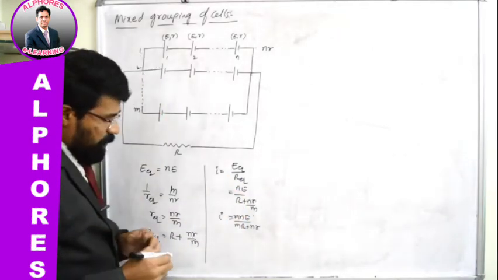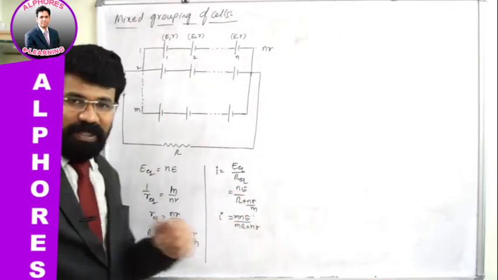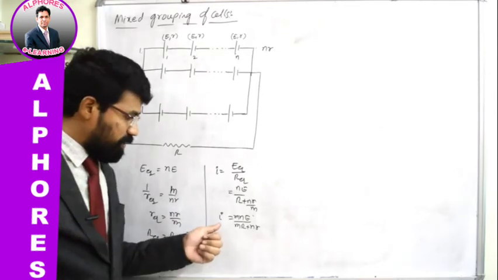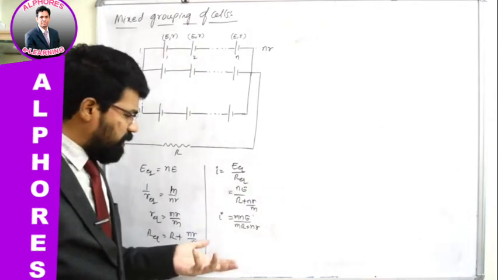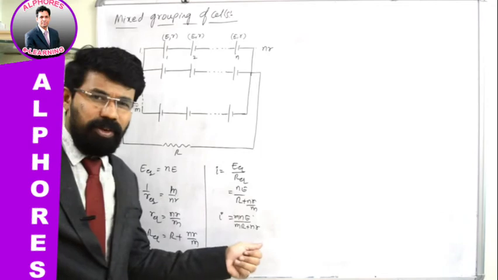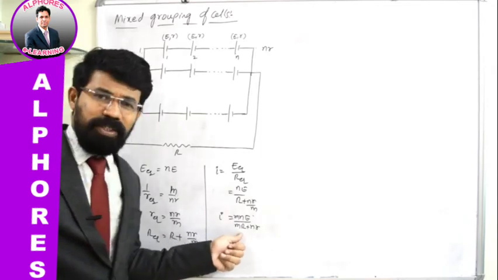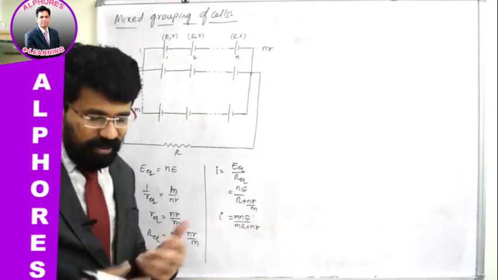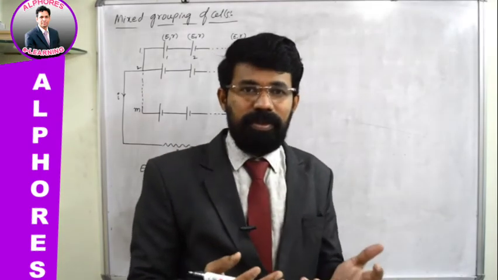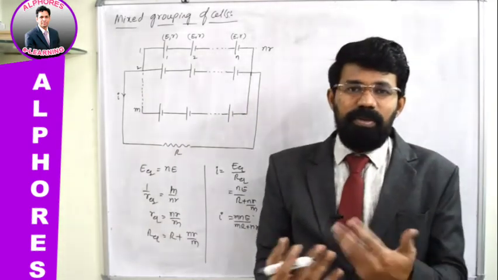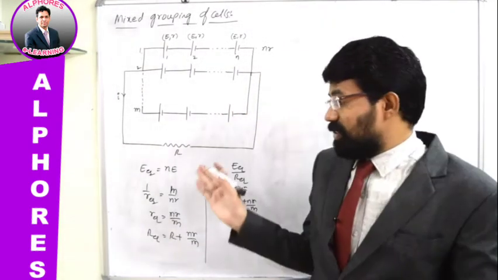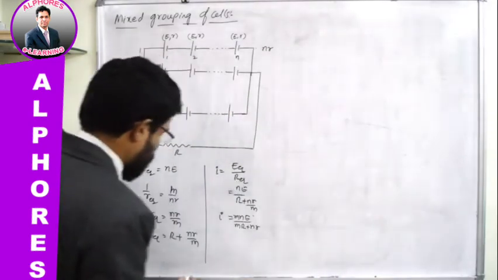Okay. Now, if you want this I to be maximum, then what will be the condition? Obviously, this I is inversely proportional to this denominator, right? So if this denominator part is a minimum, then I will be maximum. There is a reason for talking about the maximum value of I. Power can be maximum when current is maximum for a given resistor. For example, how do you write the power equation?